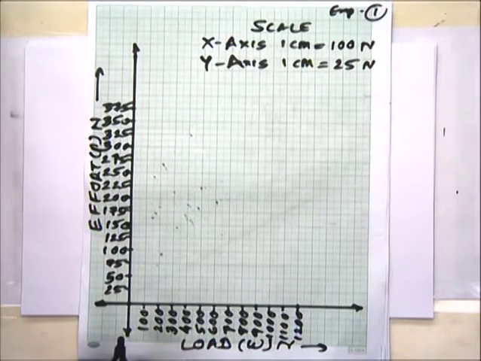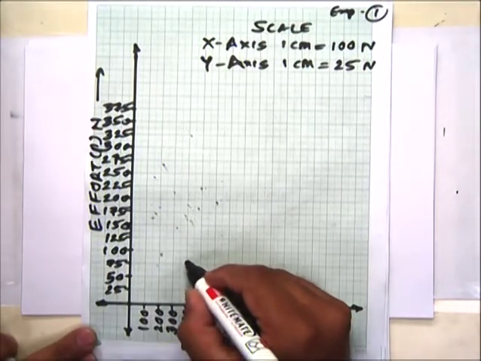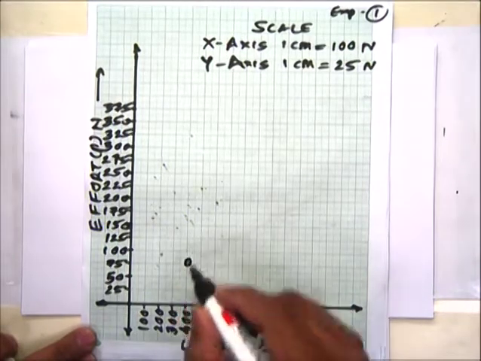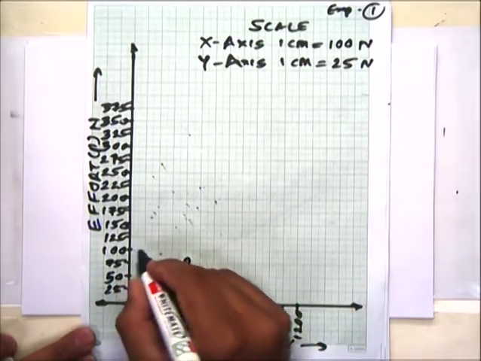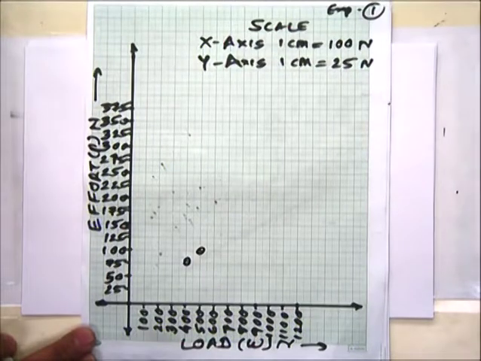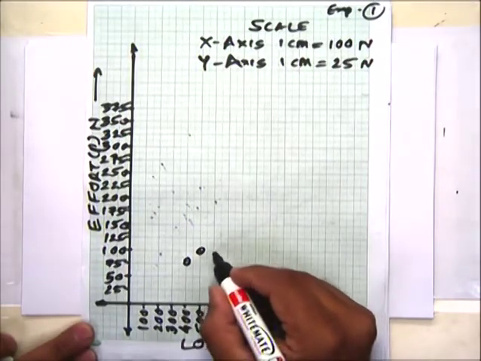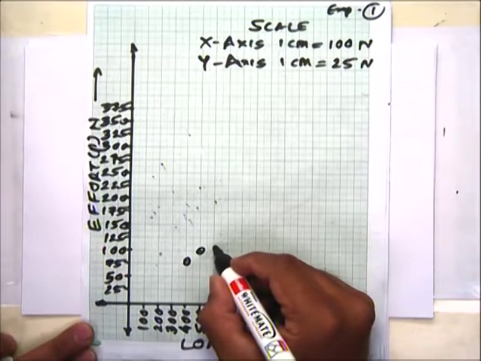So first data, that is W and P. First data is W is 400 and P is 85. So putting this value 400 and 85, it is above 75 and 2 dots. So here is the first data. Similarly for the second data, 500 Newton load and effort is 100. So here is 500 and effort is 100. So it is another point. Third data is 600 load and effort is 115. So 600 we have to locate and 115, that is above 100, and that 2.5, that is 110 and 15. So you can say here it is.